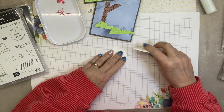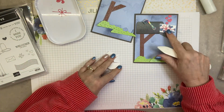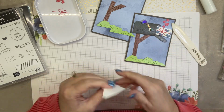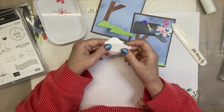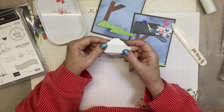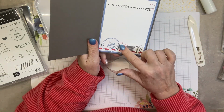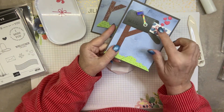Okay, so on the sample, I stamped the envelope with blue hearts, and I think that's okay, but I think it's just okay. That's it. I kind of want to do, would it be too, I think it might be too boring with nothing. Maybe, then I was thinking on the inside I did these cute little red hearts, which are nice. But I wonder if that's going to conflict with the...